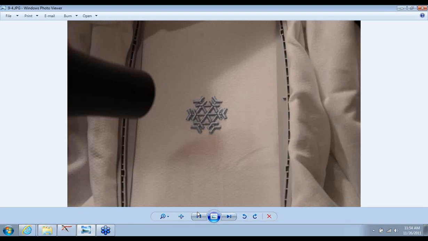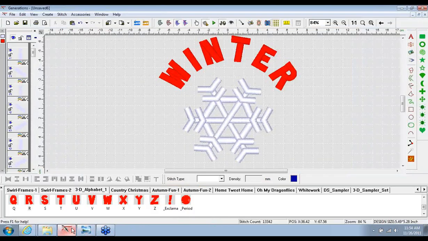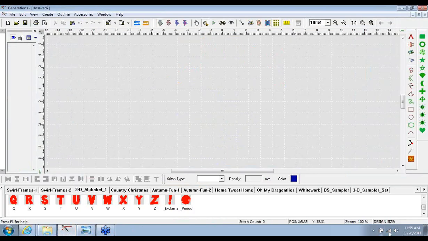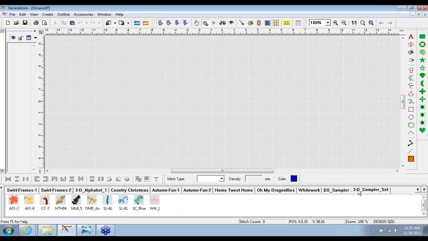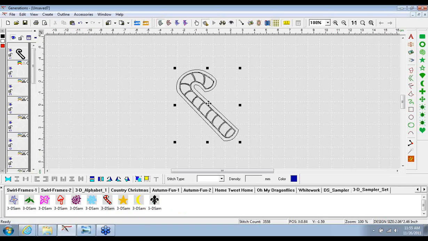So after you embroider it, it's ready to go. That's basically how you embroider for Puffy Foam. There's one more thing that I want to show you, and it's another freebie that you get for coming to our webinar class. And let's see, this candy cane. The candy cane, one thing about doing things for Puffy Foam is that